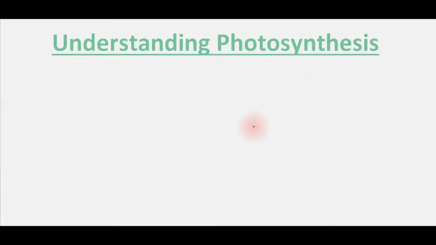Photosynthesis is the process whereby green plants containing chlorophyll in chloroplast absorb solar energy from the sun in the presence of carbon dioxide and water in order to manufacture their food, known as carbohydrate, with oxygen being given off as a byproduct. So, in the process of photosynthesis, carbon dioxide